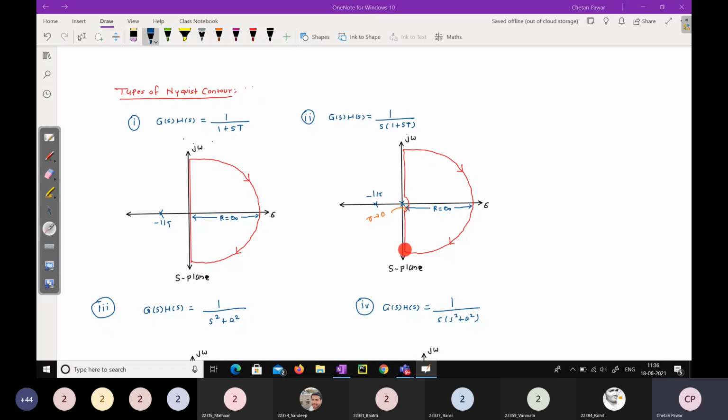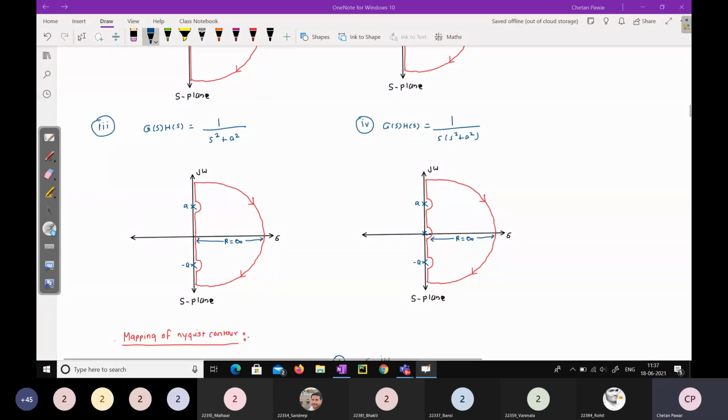So while drawing the Nyquist contour, we have drawn it like this. Here this will be a very small semicircle, which will have radius tending to 0, very small. But it is excluding this pole. In the Nyquist path, there should not be any pole. So we have drawn this contour like this. Okay, so there are two semicircles. First one is this infinite radius semicircle and the second is this small radius semicircle in this contour.